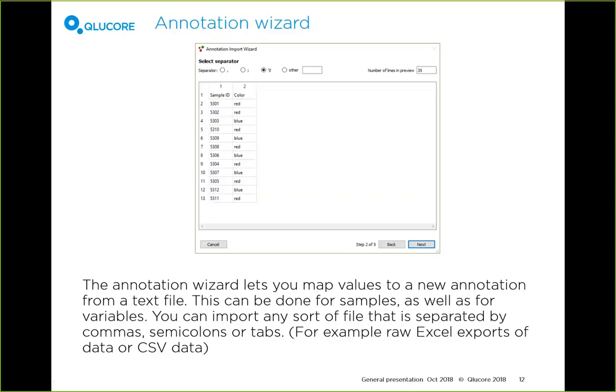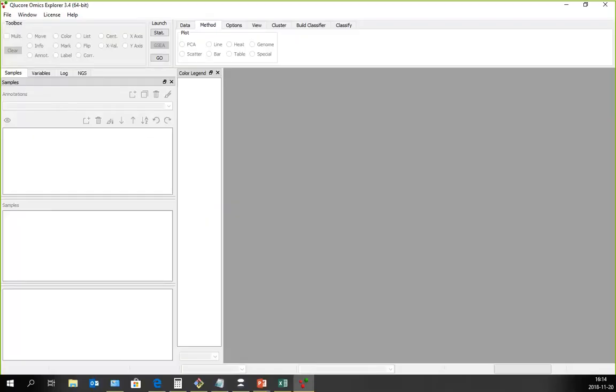And what I'm going to show today is the sample annotation wizard. We do have 2 annotation wizards here. There's an orthogonal set of annotations for variables, which also has its own annotation wizard. It works the same way, so I'm going to show you only the sample annotation wizard today. So that's the 3 features of the software that we're going to take a look at in the coming few minutes here. And if we start with bringing Omics Explorer up on the screen,